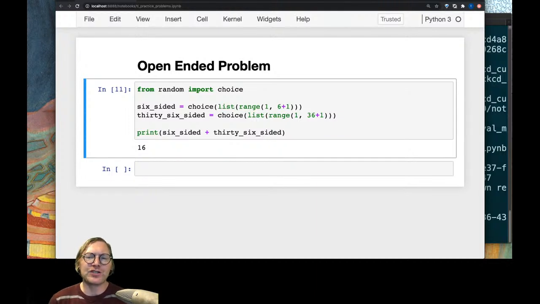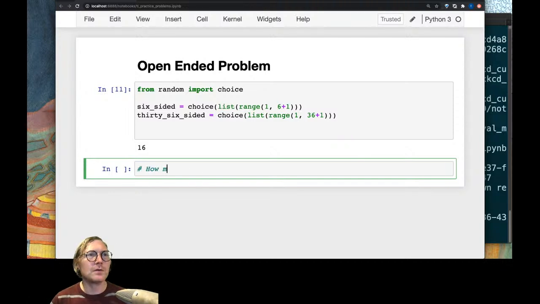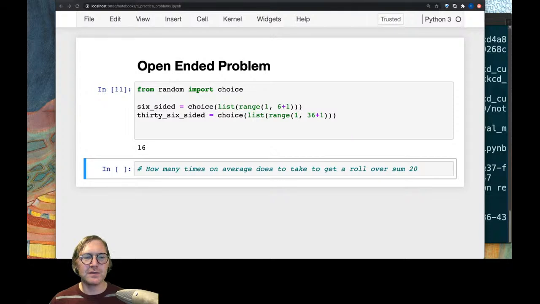So we might ask the question, how many times on average? Yeah, let's think about this. Let's ask the question, how many times on average does it take to get a roll over sum 20, okay? So that is a question that we can answer through